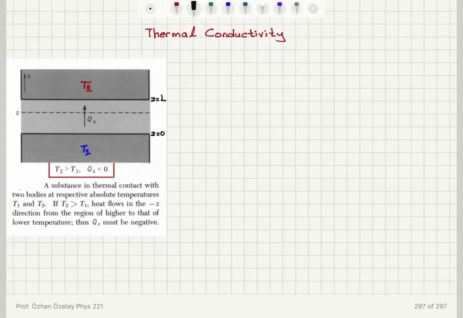We're going to define thermal conductivity, and we will talk about transport of energy in the upcoming videos. So we can show